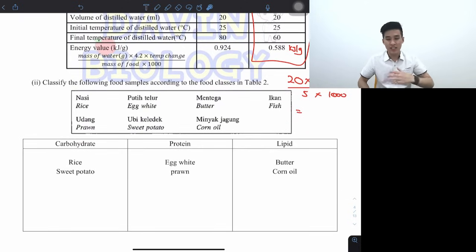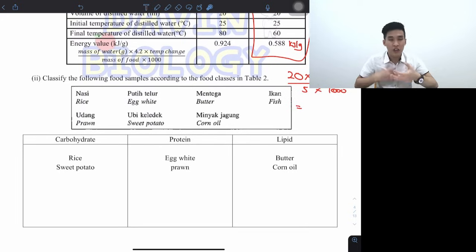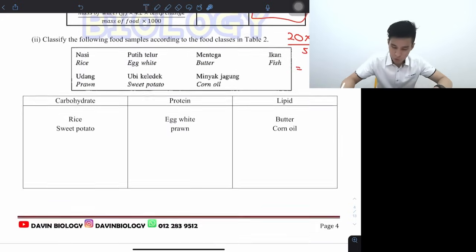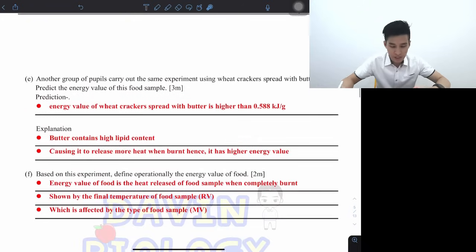And then this one, I don't think I will go through, it's just very simple. So sometimes they might ask this kind of useless question just to fill in the marks only. So classify the food according to the food class. This one no problem, go through yourself. And then,